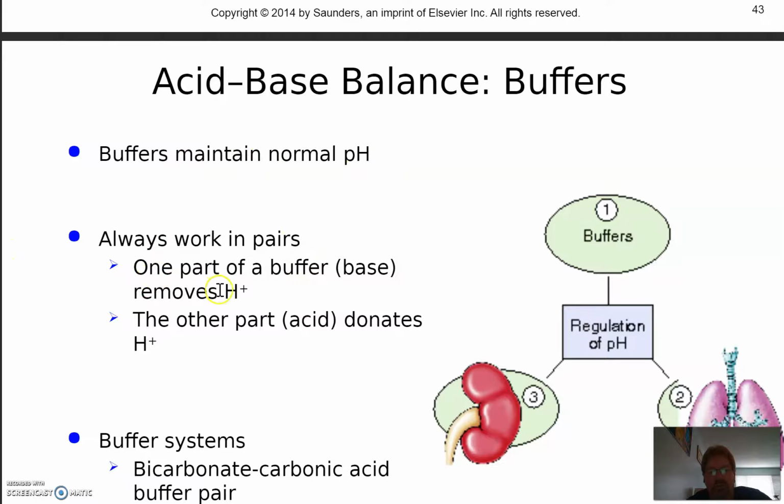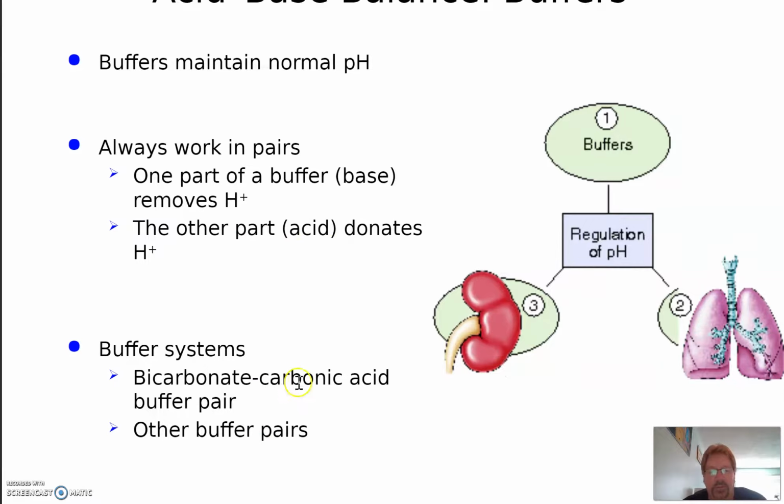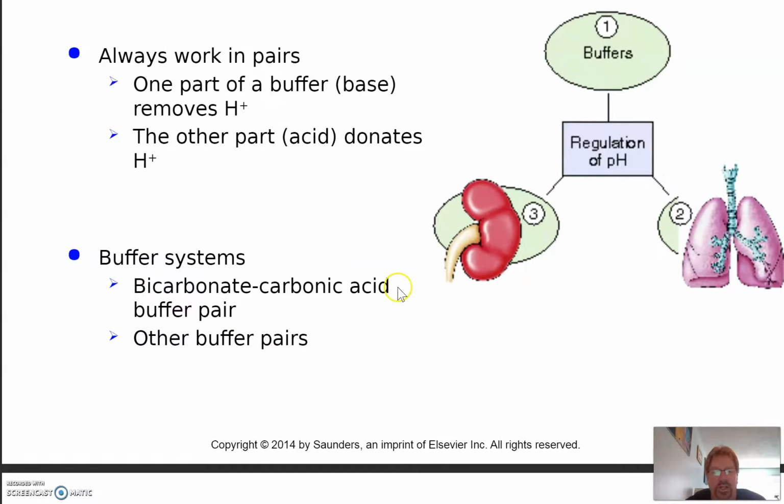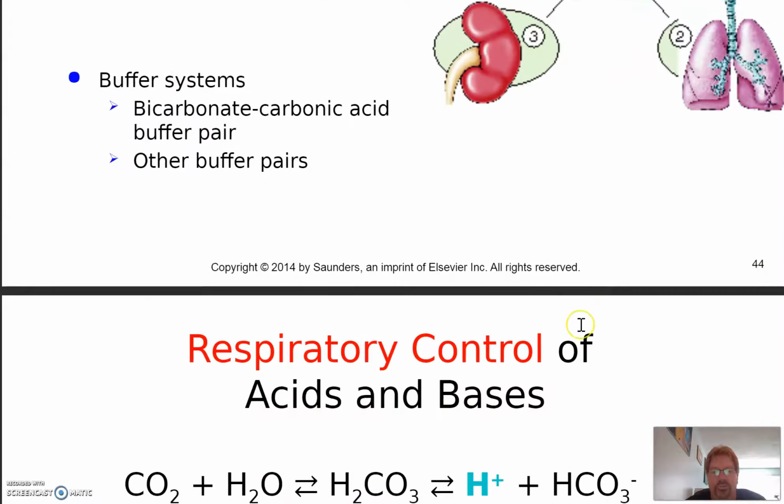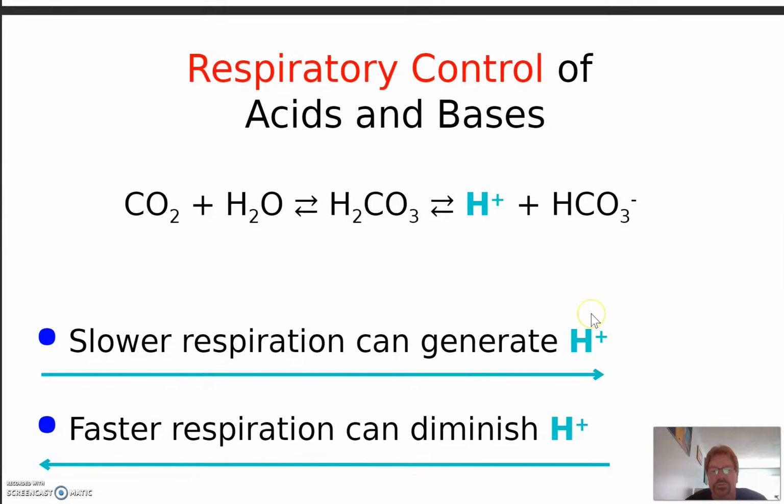One part of a buffer removes hydrogen, the other part donates hydrogen. Why? To balance it out. Buffer system, bicarbonate, carbonic acid, buffer pair. There are other buffer pairs. Respiratory control. Again, if we're breathing normally and we exhale, as we exhale the carbon dioxide, it helps balance the